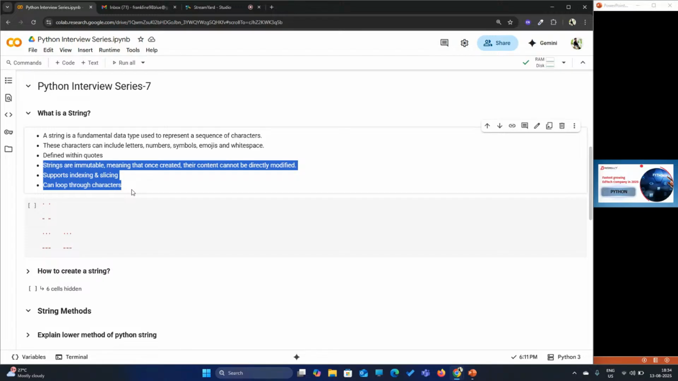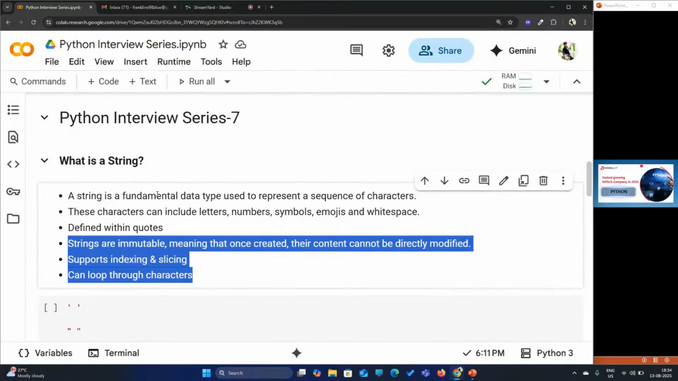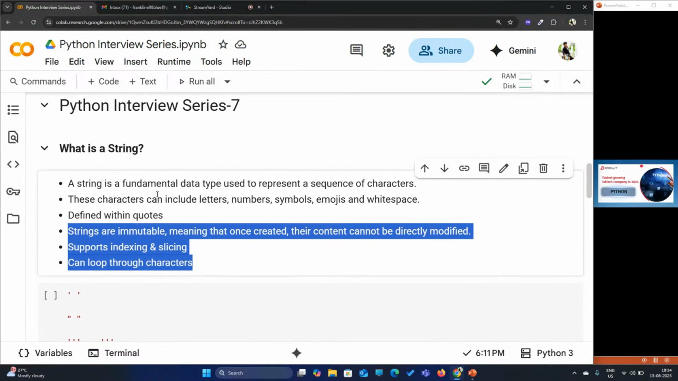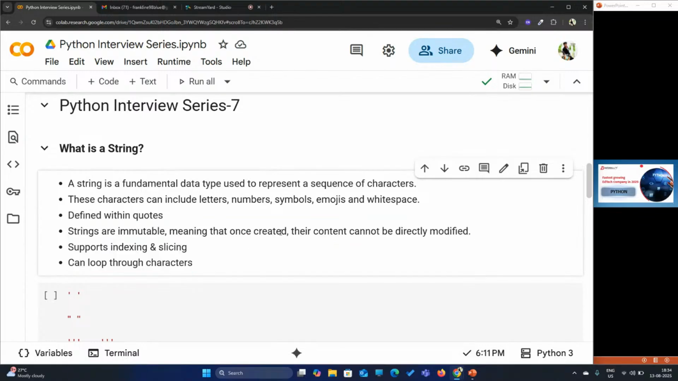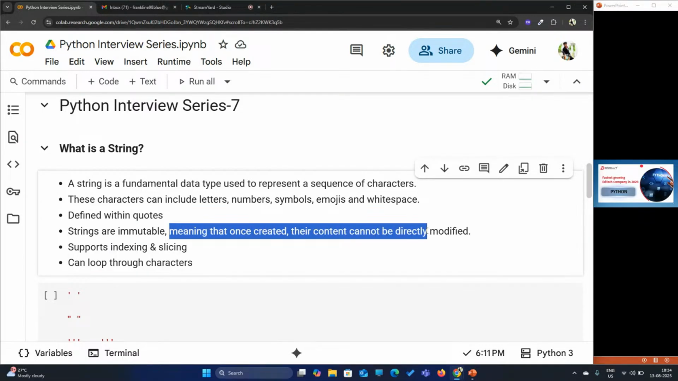And talking about strings, strings are immutable. What is immutable? Mutable is where you can change, where you can alter. But a string is immutable. That means you cannot change something. Once you create it, the content cannot be directly modified. So if you want to make a change, create a new variable and get the modified string in that, but you cannot perform an in-place modification. Therefore strings are